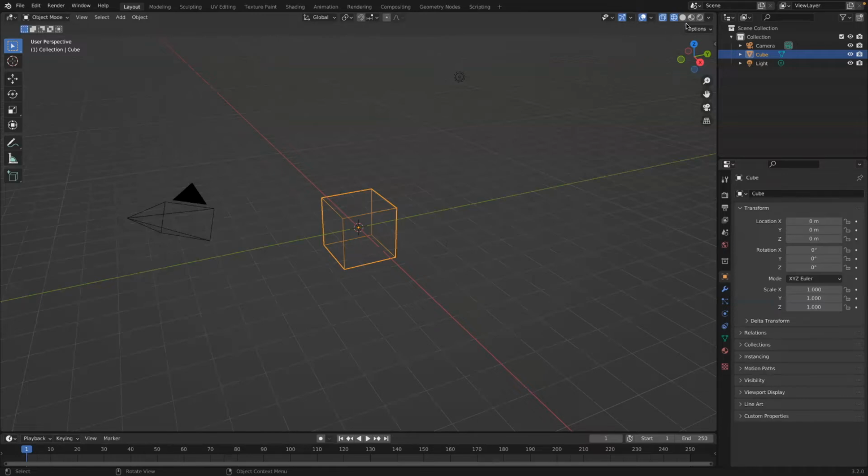So let's go to the right again. Let's click on the solid. So this is solid view. This is solid shading. On the right-hand side of that, the one that looks like an hourglass,